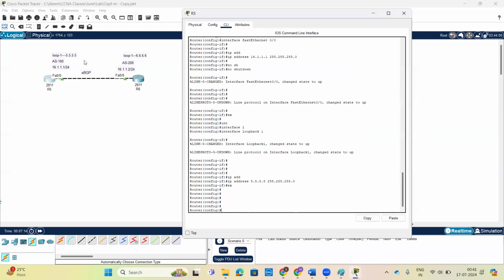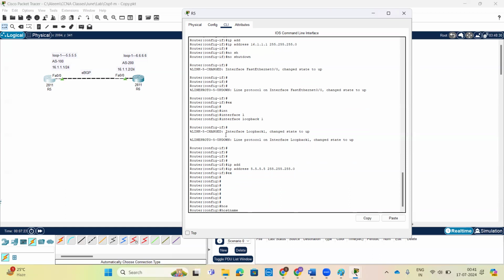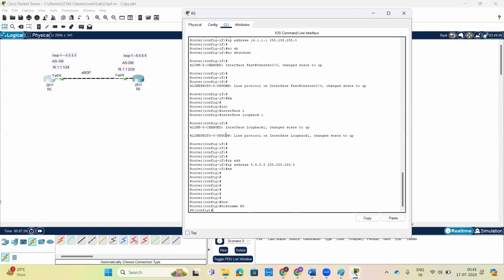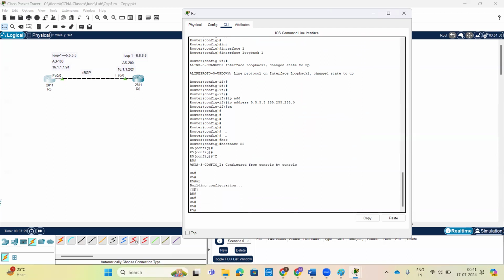So we'll connect direct neighborship only, as we are doing a small lab. Before that, the hostname here is R5, and make sure to use the write command. After that, now move to configuring BGP neighborship. Before that, if you have any queries,